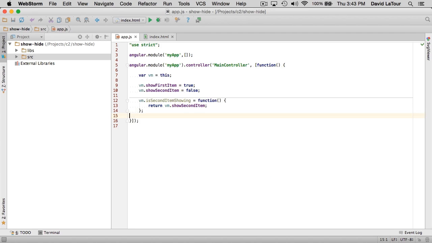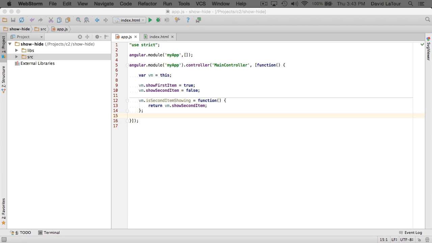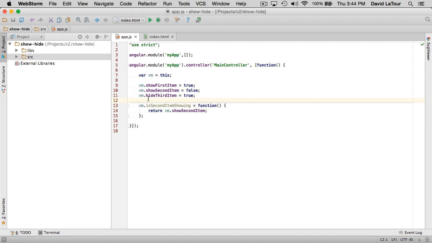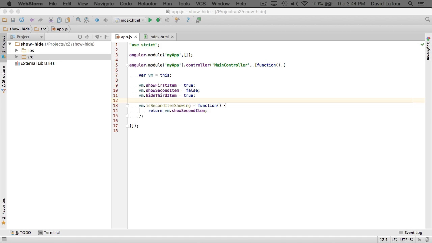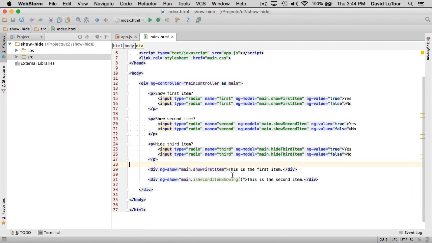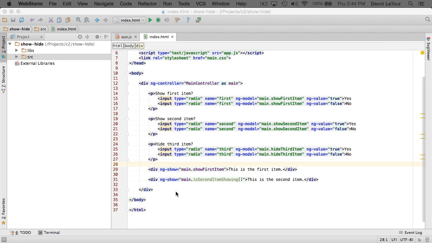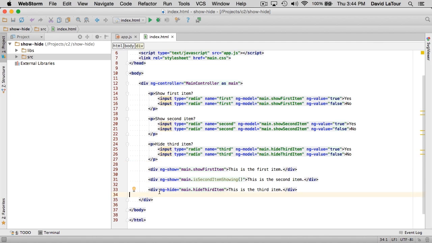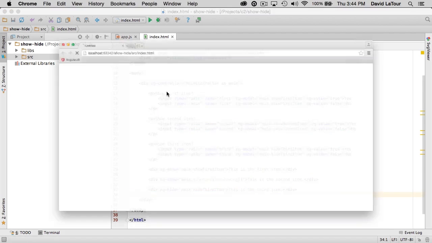The final thing I will do is show an example of hiding items using ng-hide. So in this third example, I'm going to add to my view model hideThirdItem as a variable value that defaults to showing true. And then I'm going to create some toggles for that as well. And those toggles are bound to main.hideThirdItem and have values of true or false. And then finally, rather than use the ng-show directive, I will use the ng-hide directive and bind it to hideThirdItem. Now if I run it,